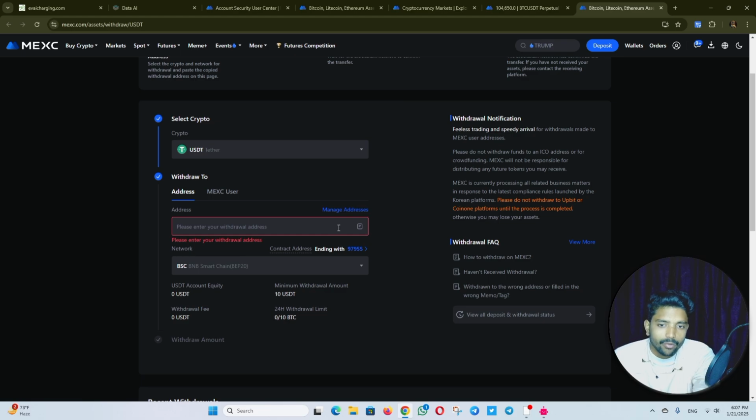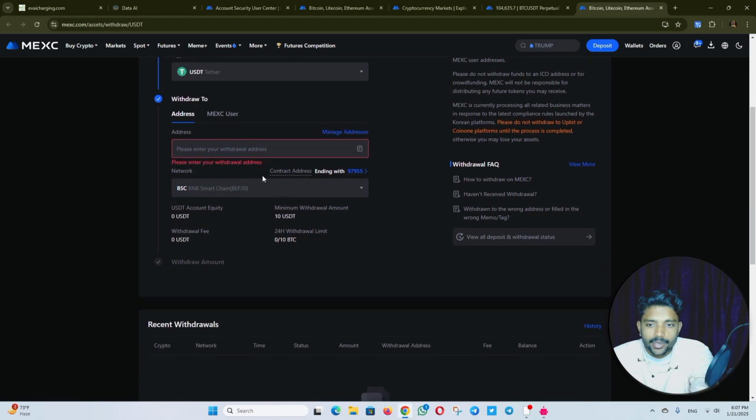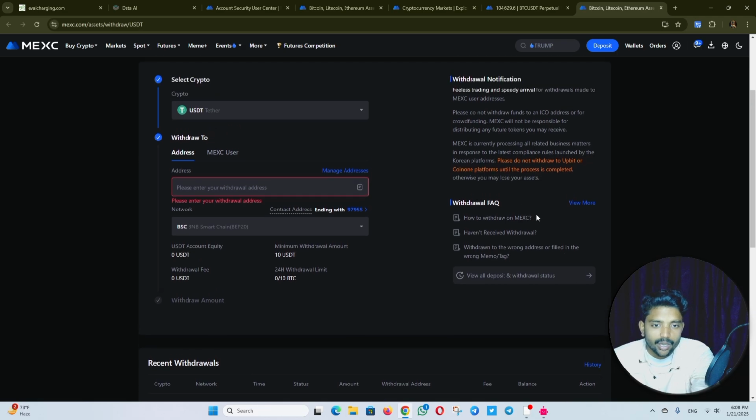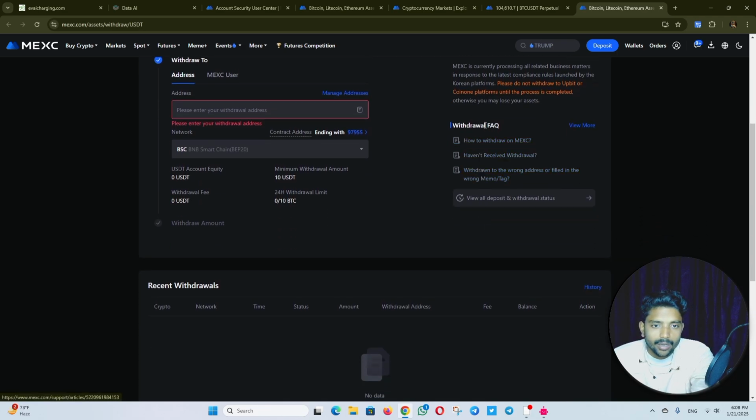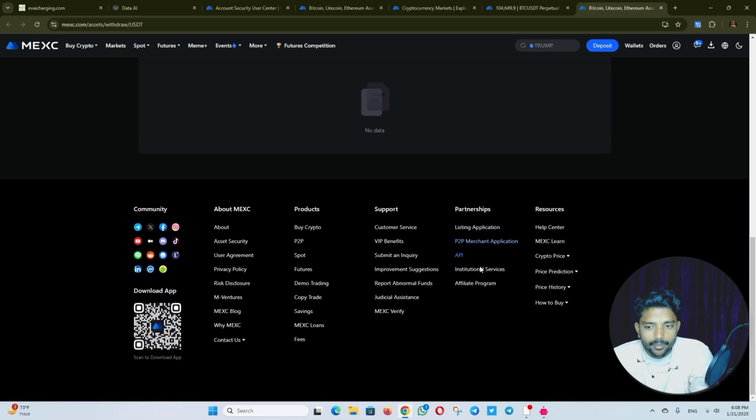So let's paste the wallet address and select the wallet chain, Smart Chain, then enter your amount and your withdrawal will arrive in your wallet within a few minutes. And if you have any question or query, you can ask customer service.